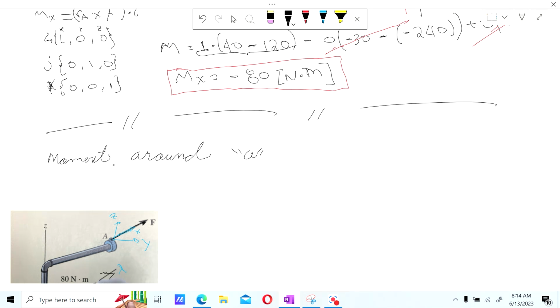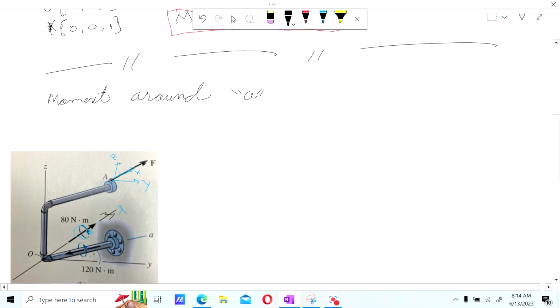So we have to find what is A. So lambda A is equal to the vector RA lowercase, because A uppercase is this point, A lowercase is the axis, and the magnitude of RA lowercase. So first of all, what is the